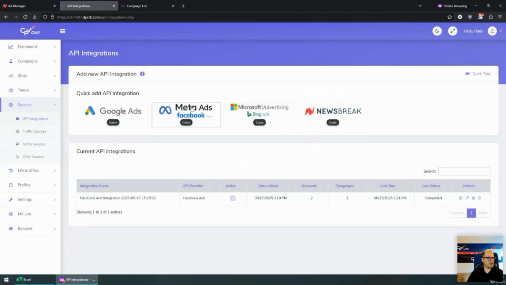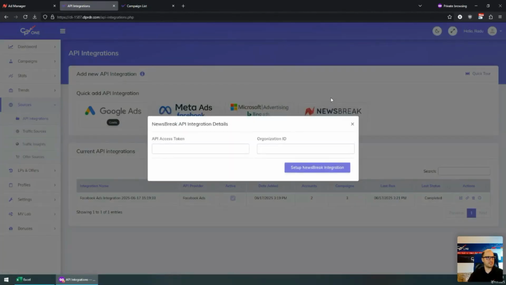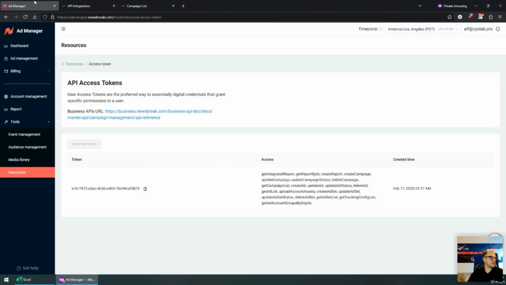The three API integrations from here, Google, Meta, and Microsoft Ads, work in the same way. You have to log in on the ad network first and provide access to the tracker. The Newsbreak integration works a little bit differently, and you will see if you want to add the integration, you'll be asked to provide your API access token and organization ID. This is pretty easy to configure, you'll go inside your